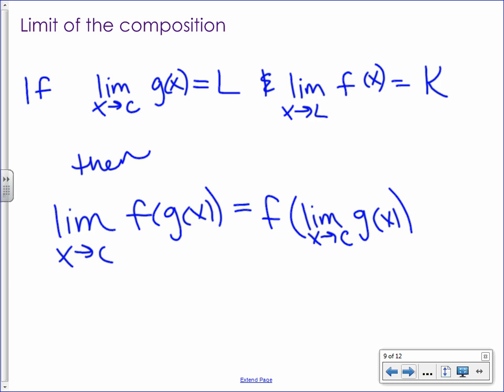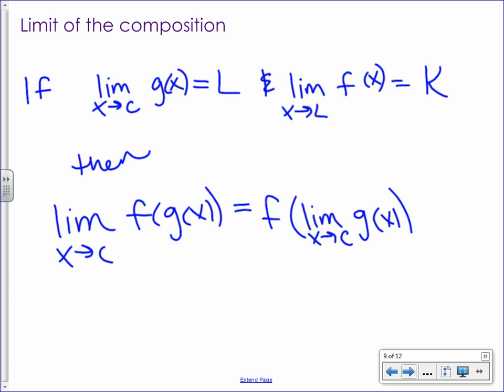Is it the limit of that value, or is it just technically the limit, because what we're going to do is evaluate the limit of g, and